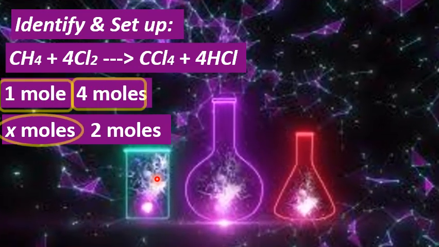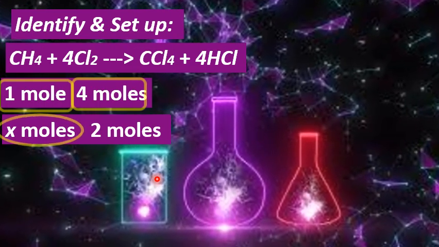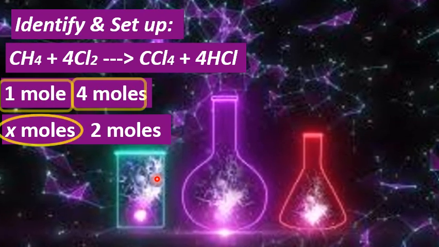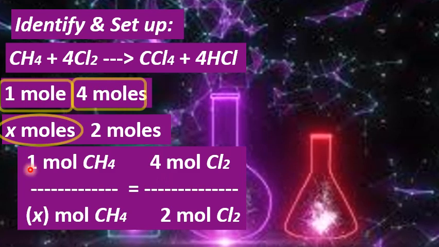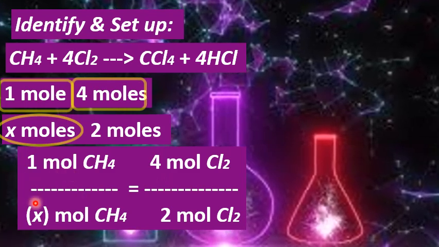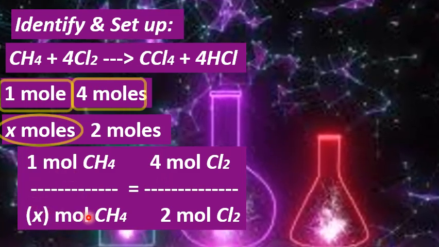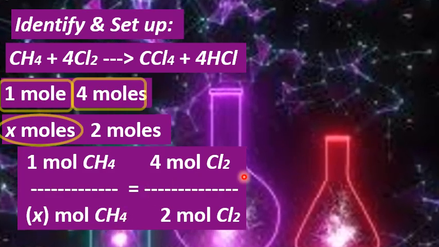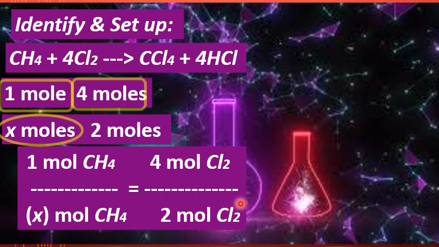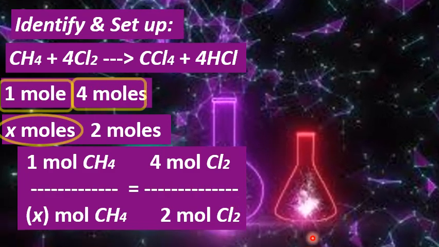Or, translating this relationship into a ratio and proportion, we have 1 mole of methane divided by X mole of methane equals 4 moles of chlorine gas divided by 2 moles of chlorine gas,